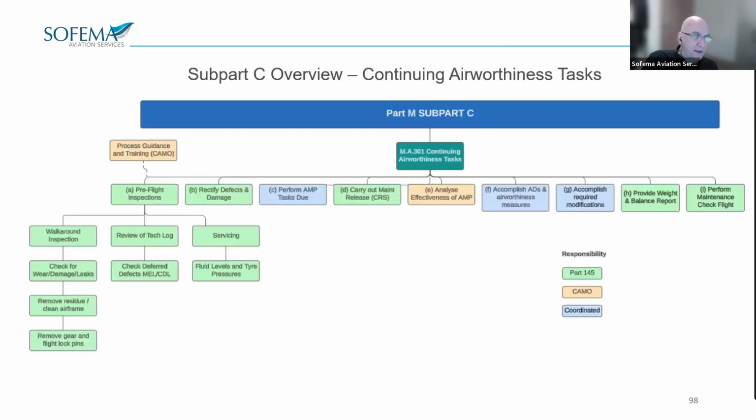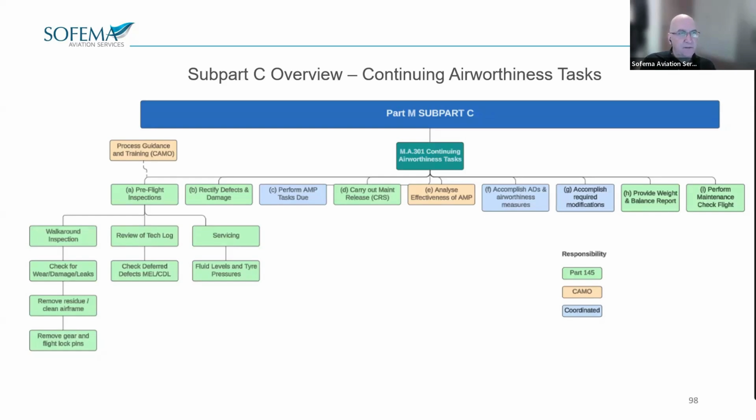Here we have the chart of Subpart C, Part M. You can see that the continuing airworthiness tasks, which are under Regulation MA 301, basically extend from line maintenance activities on the left. You can see in the green there, pre-flight inspections and servicing. Along to the right, where we're talking more about documentation activities carried out by the CAMO,